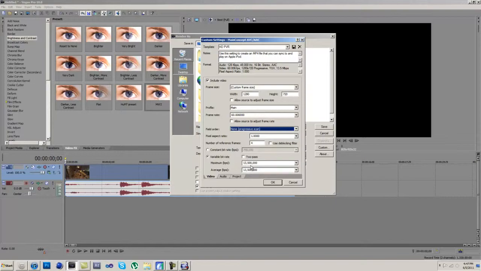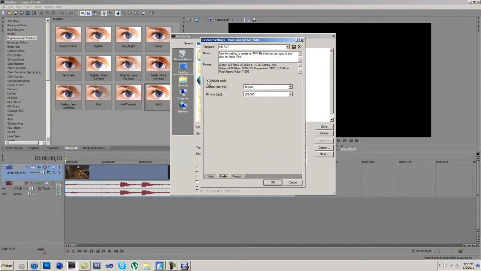So if you have 6 maximum Mbps, you're going to want to put 6,000,000. So whatever number you have, you want to put it out of a million, and then copy that for maximum and average. And then you have the first slide done. You want to come over here to audio, click include audio, sample rate, and then put 48,000, and then bit rate 128,000. And then for project, you want to come to video rendering quality, best, and then